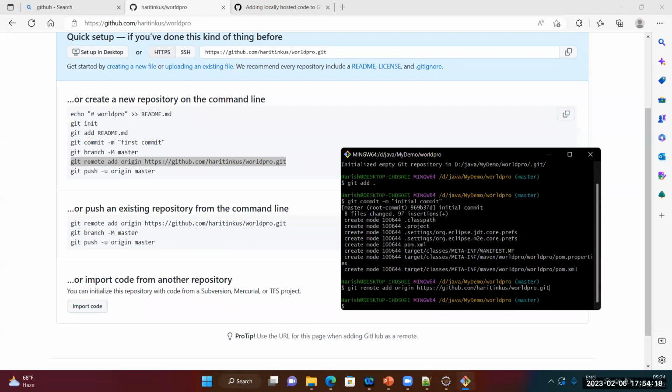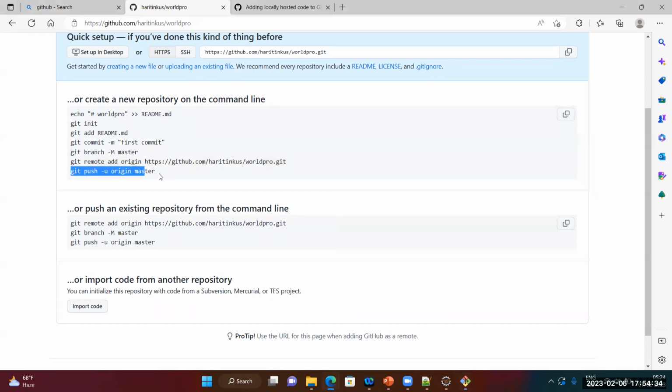Just click enter. So what I did is it connected to the remote origin, which is the GitHub repo we have given. Now we are trying to push all the changes,